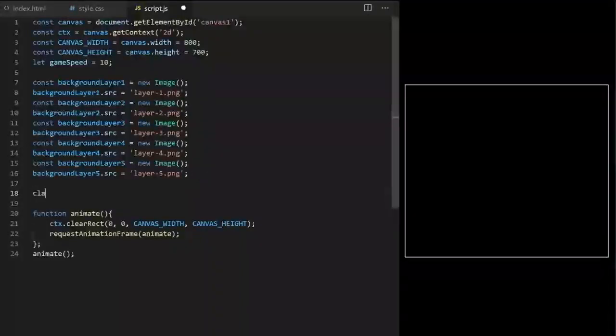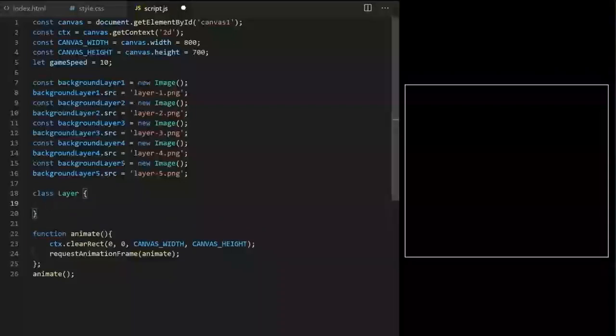It might sound complicated if you have never used JavaScript classes before, but don't worry, I will explain everything. It's actually quite simple. JavaScript classes are used when you want to create many similar objects. In our case, we will create 5 image layer objects. A JavaScript class is a blueprint. I will define it, and then whenever I call it, it will create one instance of that object based on